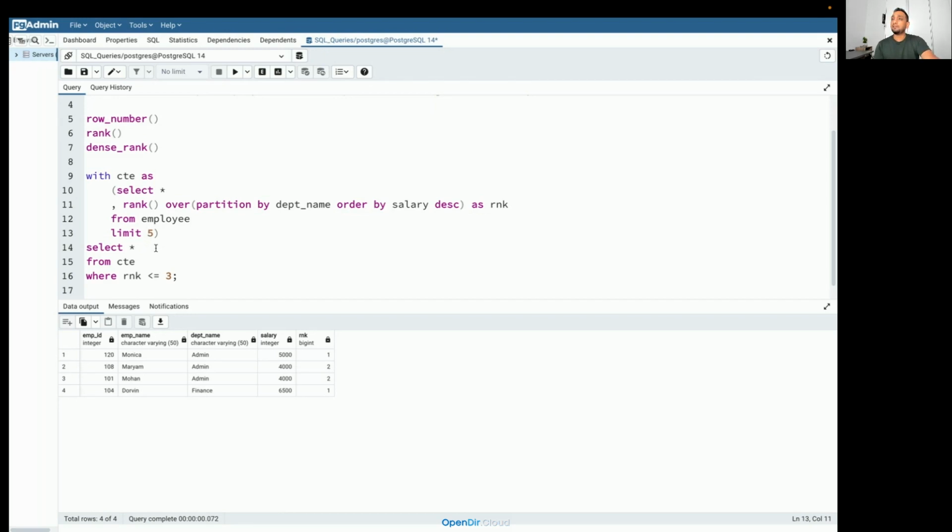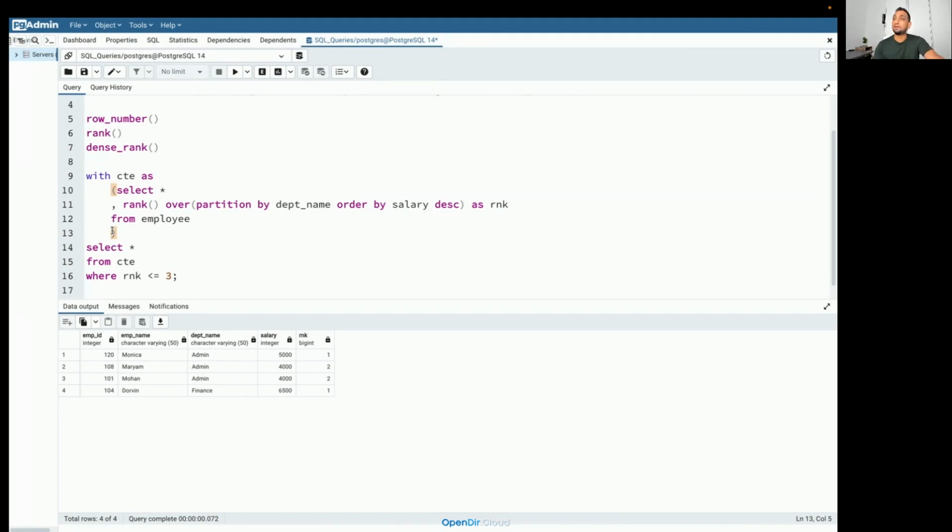If you use limit, there could be multiple duplicate records. This is not the correct way of doing it. You should not use limit here, at least not in this case. I'm not sure if you have some specific case where you're writing a subquery that is supposed to fetch only, where it needs to limit to some certain number of records. If you have that kind of requirement, you can use it. I have never used it in my career, and I don't know why anyone would want to. A lot of things work in SQL, but it does not mean you need to use them.